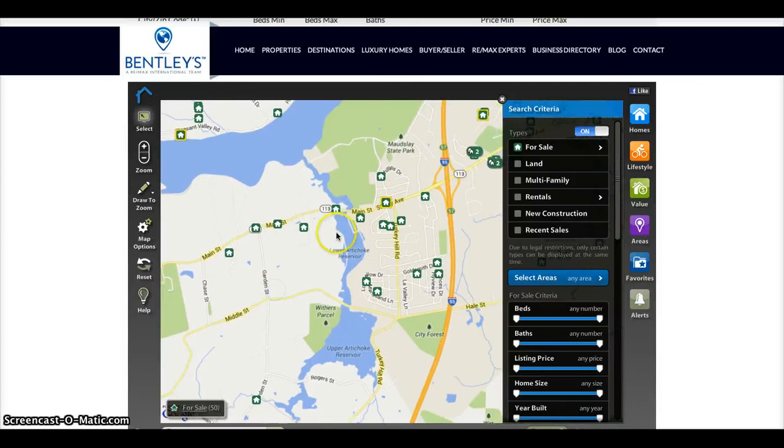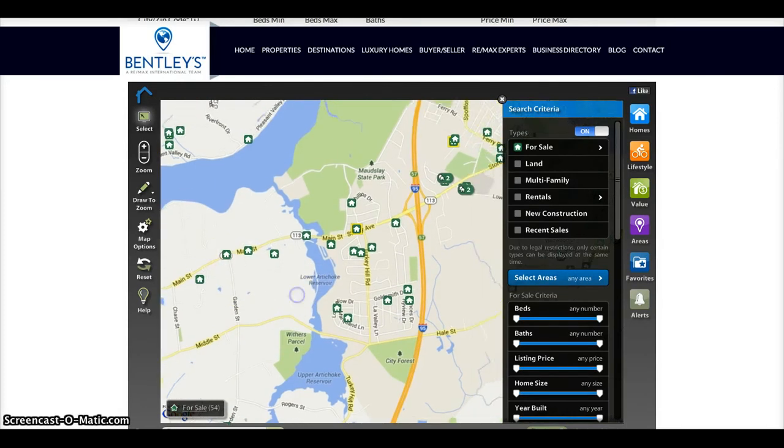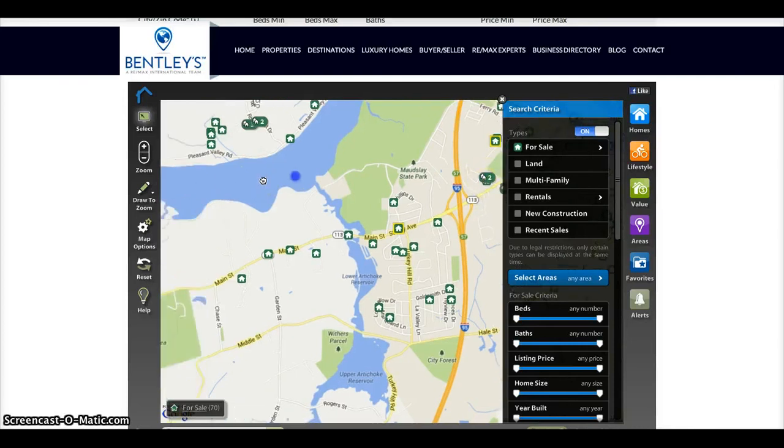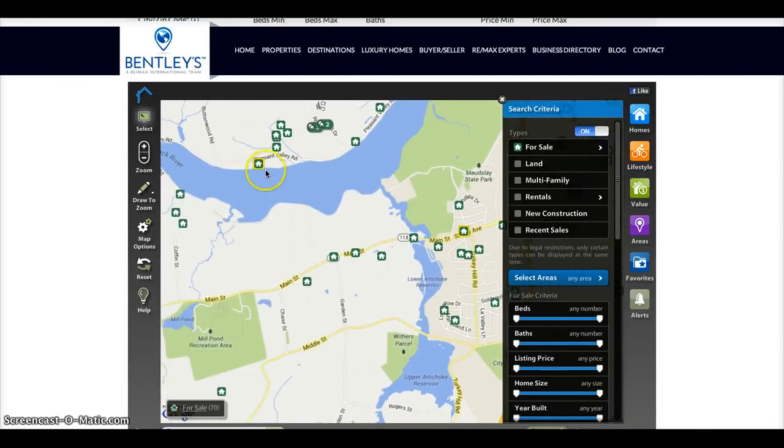Anyway, when you hover over the icons, you get price, beds, baths, and square footage. You don't get a thumbnail though, so you don't see a little photo of the property. When you have more than one listing on a given address, that's indicated. Some of these icons have a little yellow border around them. I don't know what that's for. I looked around. I didn't find really a legend. There is a help thing here,